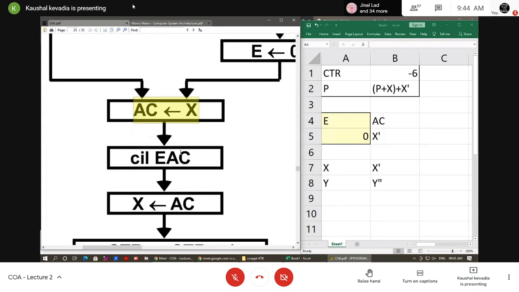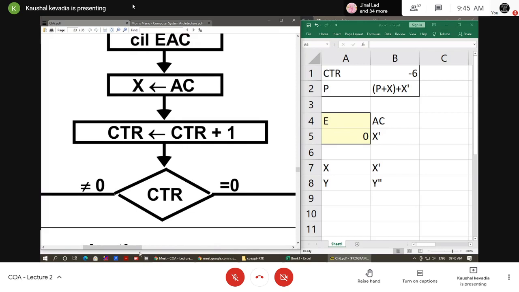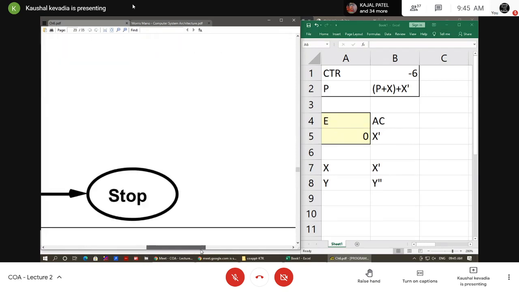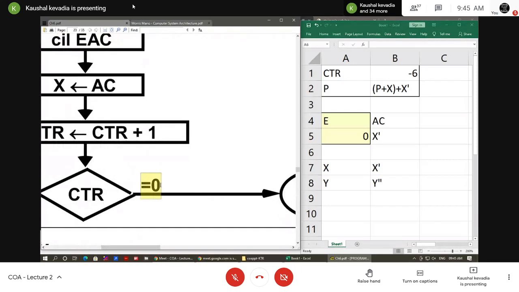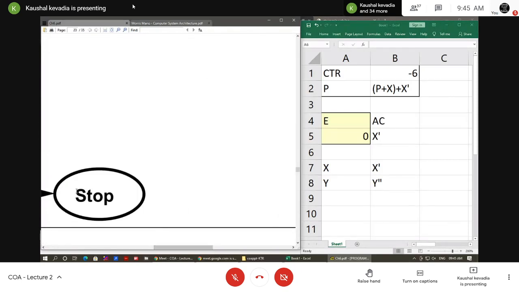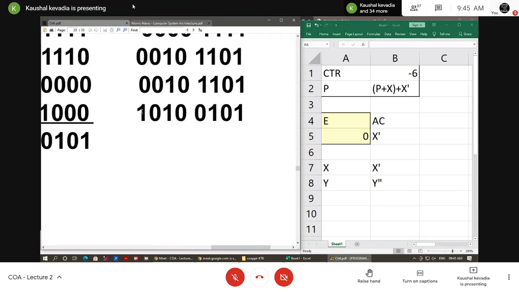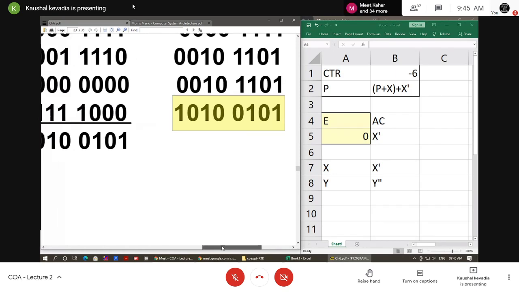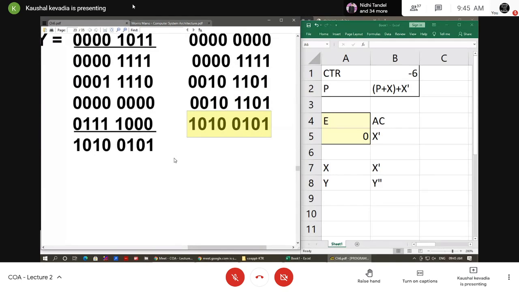Okay, and then finally we will reach the counter with value 1, and in this way if we reach all the zeros, then at the end I can say that counter is equal to 0, so I want to stop. And where is my answer? My answer is available in the partial product P, or we can say the variable P. Getting? Any doubt?